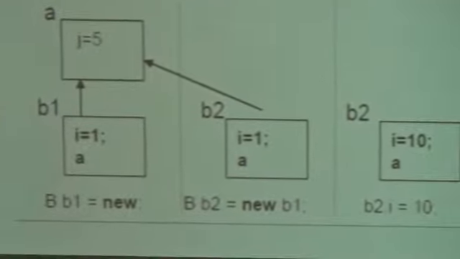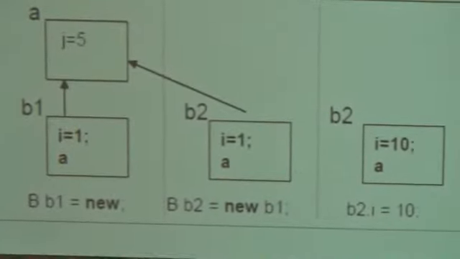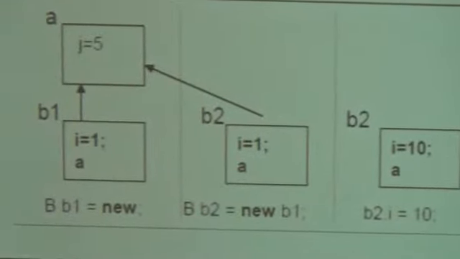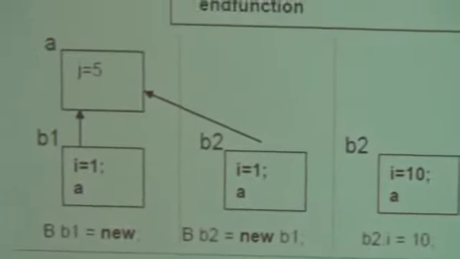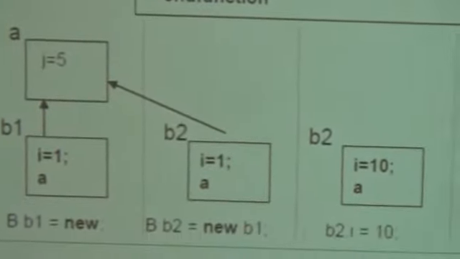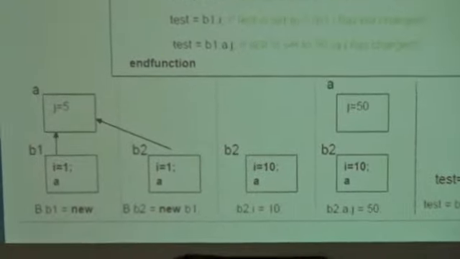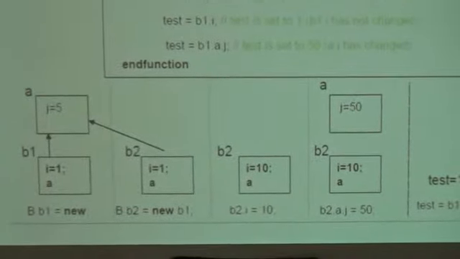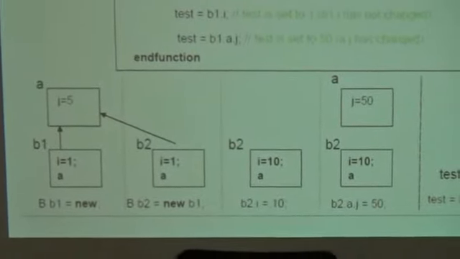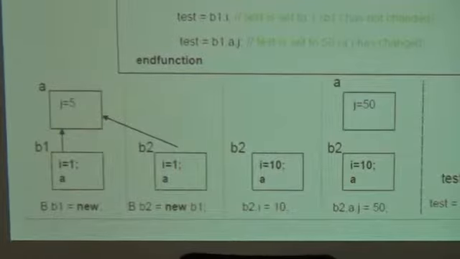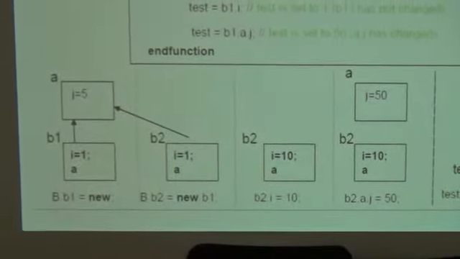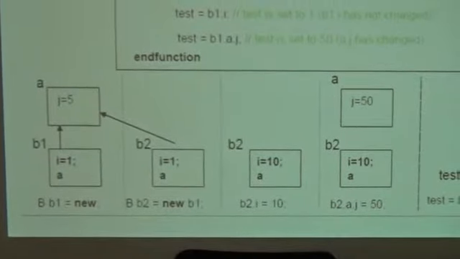Here the Xerox copy differs from the virtual copy, that is b2 is the Xerox copy of b1. So what happens is that both the Xerox copy b2 and the original b1 access the same object handler, j equal to 5. This is the most important point regarding shallow copy. Since both the Xerox class b2 and the original b1 access the same object of class A, the updation of class A by either the original class or the Xerox class has its effect on the other.